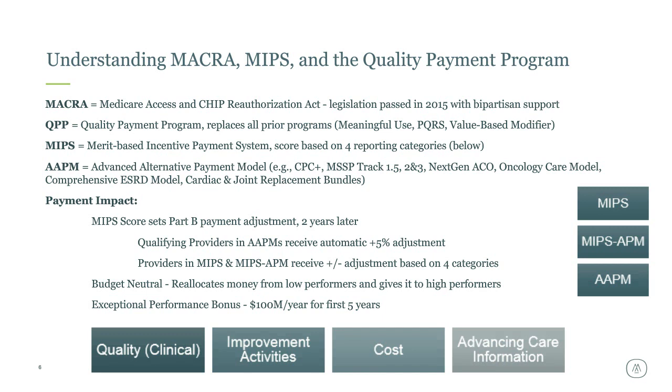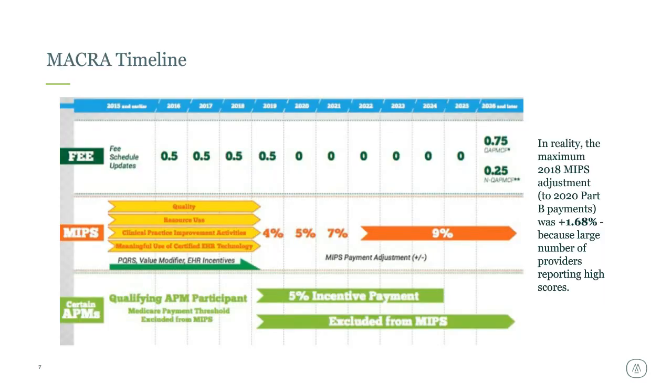So this is just a timeline. I haven't seen Medicare put this out since the very beginning when they first announced it, but you can see what they did is essentially freeze the physician fee schedule updates. And this year, we're at 0%. So essentially the fee schedule is not going to keep up with inflation. And then any individual provider's bonuses are based on their scores in MIPS or whether they're in this advanced APM